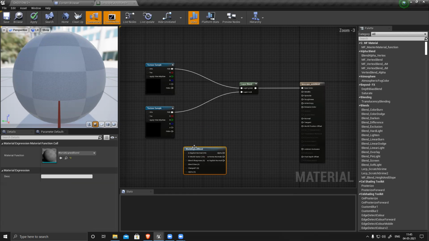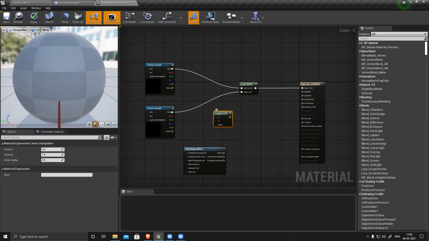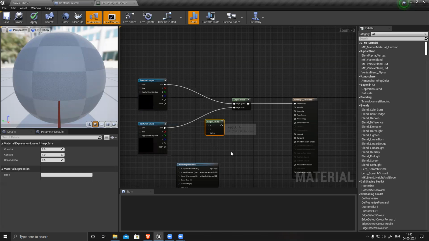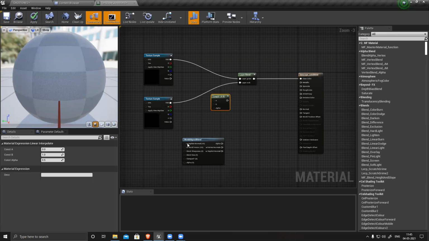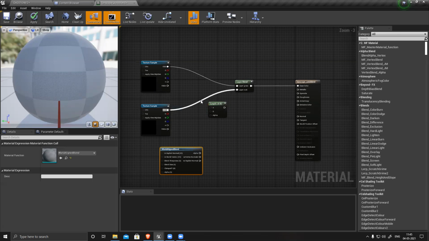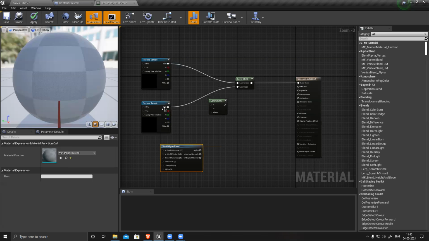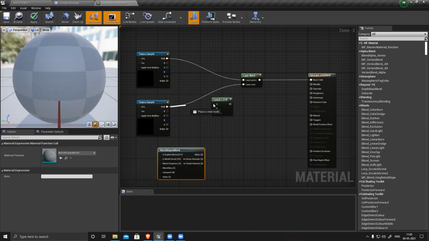Now to combine these two textures, we need a linear interpolation, right? Texture A and B. So here my rock surface will be A and my grass surface will become B, and this will connect to the alpha.